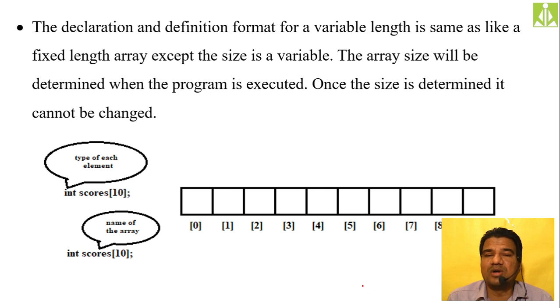So let us say if you want to add more elements once the array is created, it is not possible, because there may or may not be gaps in your contiguous structure, because all elements need to be contiguous. You cannot randomize, isn't it? If you are trying to modify the array size, there may or may not be empty locations after your array. Because of that reason, the compiler is not allowing us to modify the size once the array is created. In both fixed and dynamic approaches, we cannot modify the array size. If you are trying to modify, simply delete the first array and create another array.